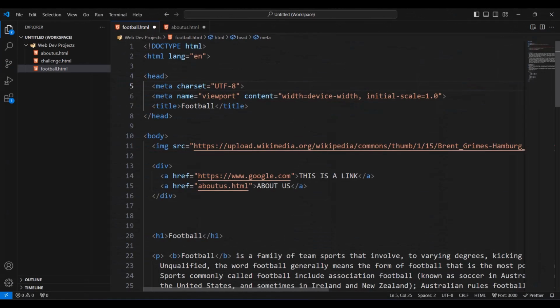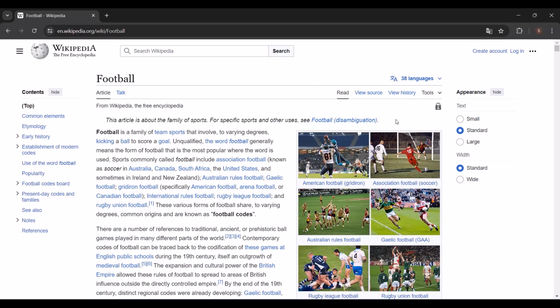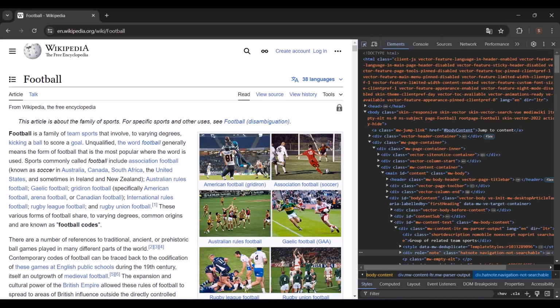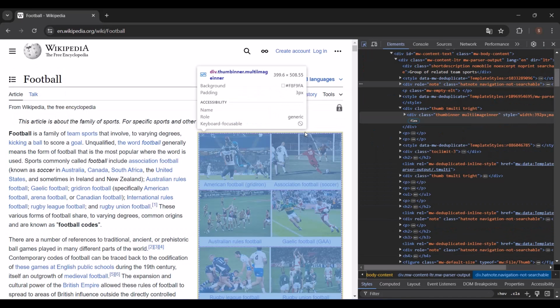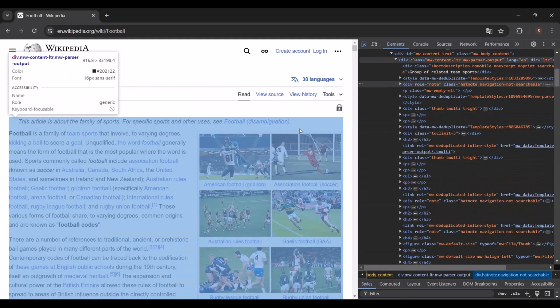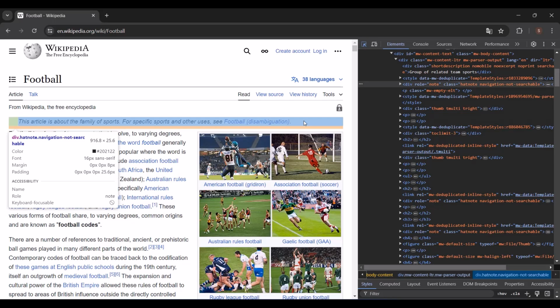For example, if I open the browser and I'm gonna right click to inspect, now if I click on this button, and if I go here, as you can see, this whole entire thing that I selected now is a div, as you can see on the right hand side, and because it's a div, we can style all those cards together, and it has this nice border, as you can see here. So this is why you'll use divs. You'll use divs a lot of the time, and you'll use them in conjunction with CSS to style your page.